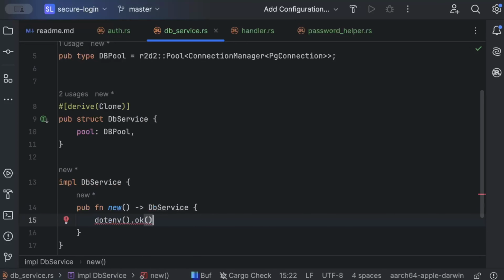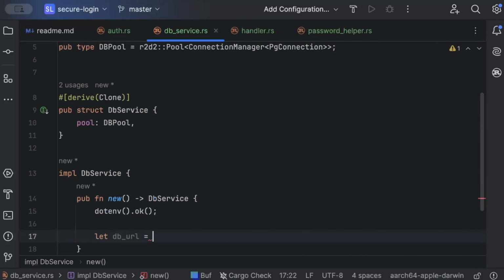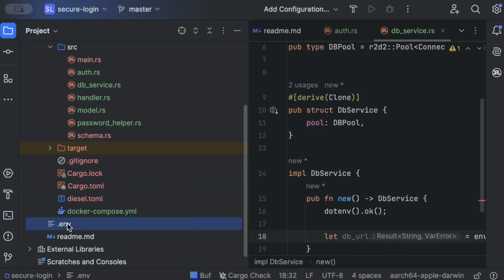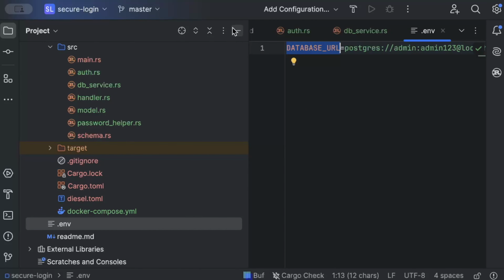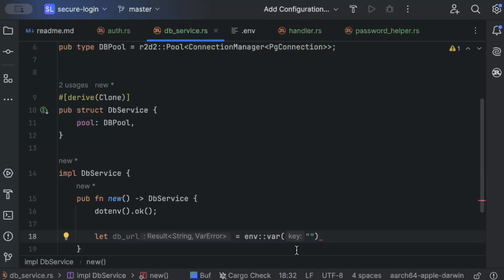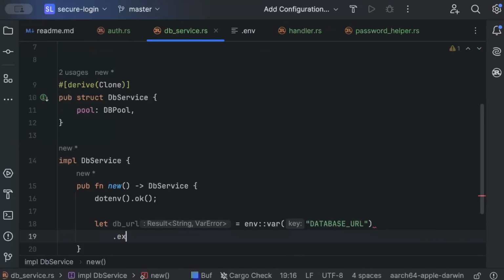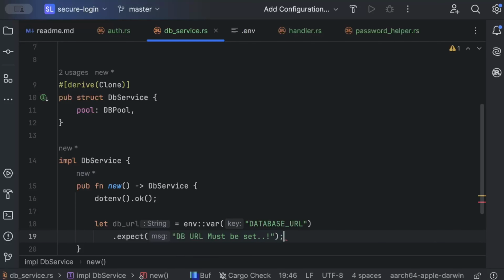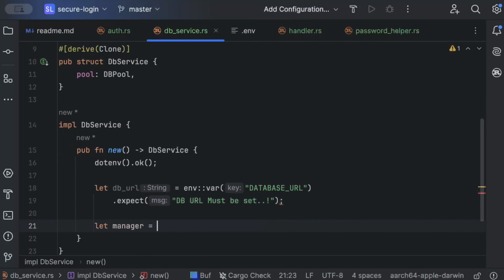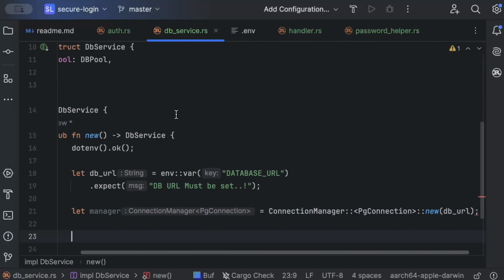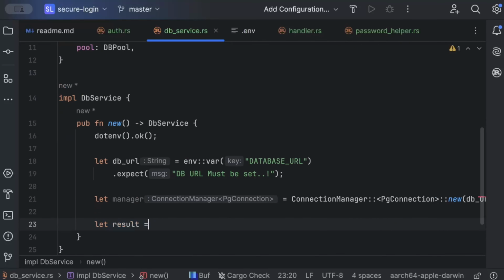dotenv().ok, and let db_url, environment var, and we can pass our environment variable name, and we'll just expect "DB URL must be set" or whatever error that you want to raise, and manager ConnectionManager PgConnection new, pass that db_url. So we have our pool,